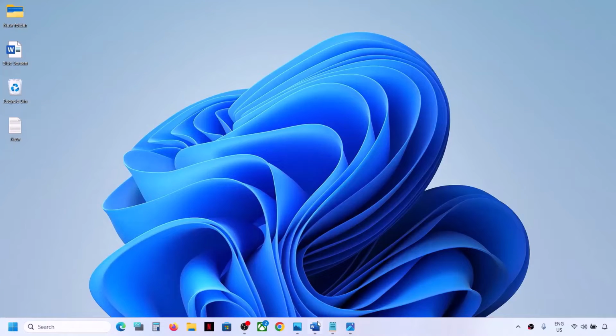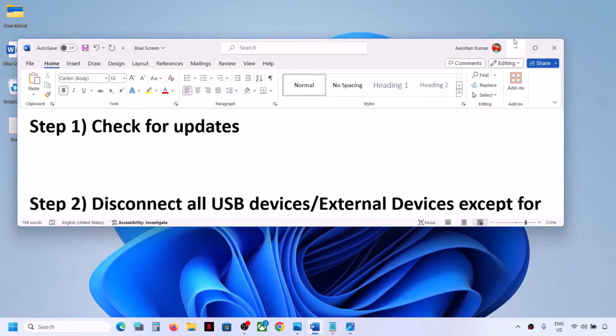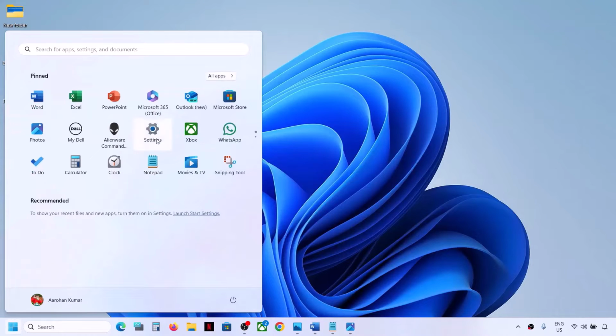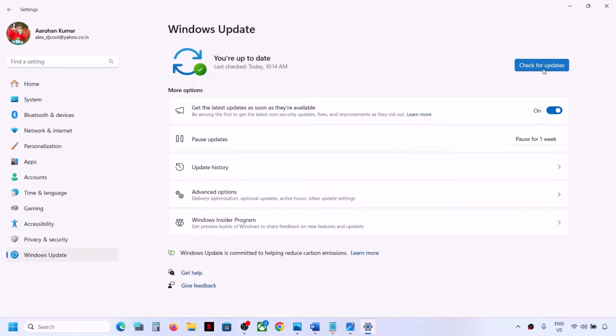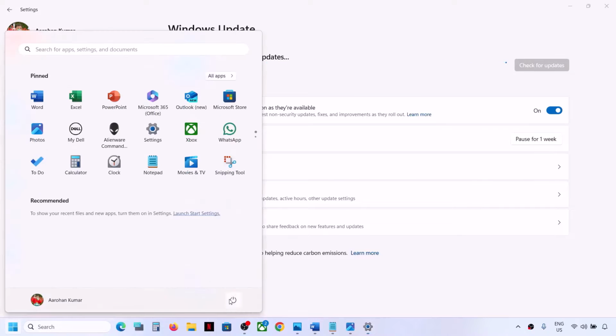Now the first step is to check for updates. Open Windows settings and then go to Windows Update and then click on check for update. Once all the updates are installed over here, then restart your computer. Make sure that you install all the updates and then restart your computer and then check. But if you're still facing the problem,